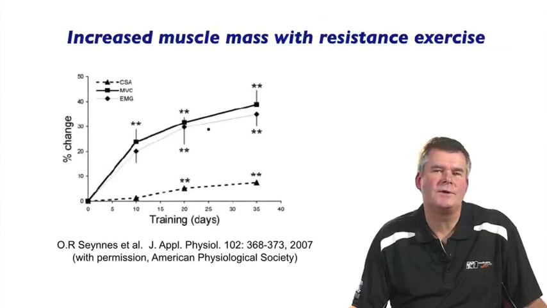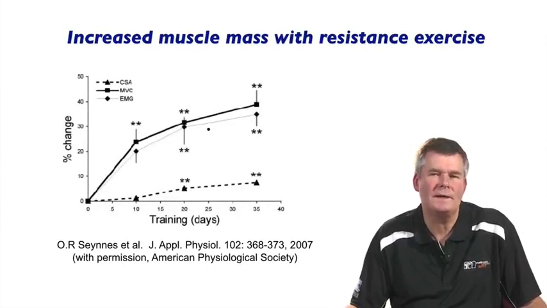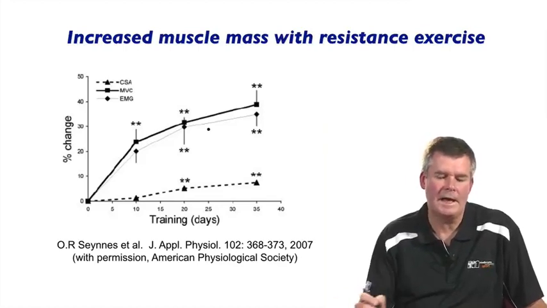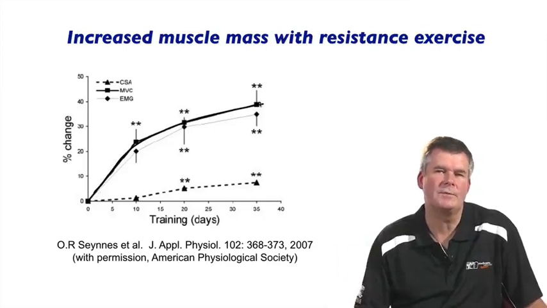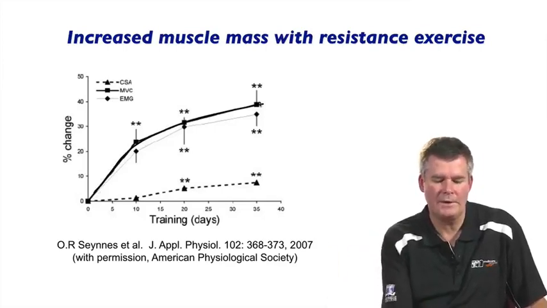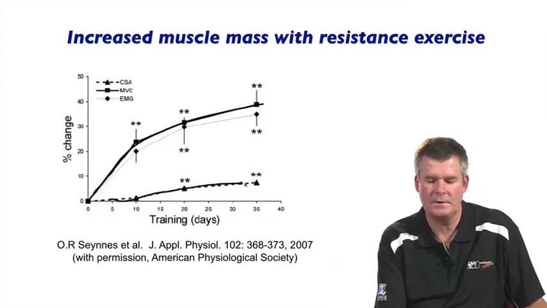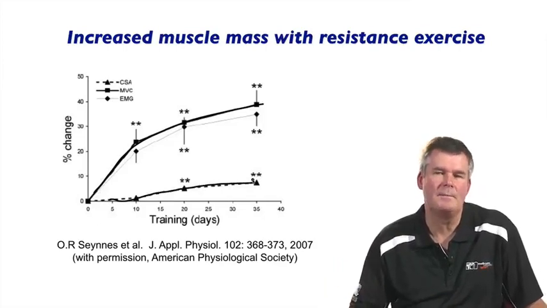The other important adaptation that can occur in muscle is an increase in its size. One of the hallmark adaptations to prolonged resistance type exercise, weightlifting type exercise, is an increase in muscle mass. You can see in this slide, relatively short exercise period, quite a large increase in the maximal voluntary contraction, the force generating capacity of the muscle, with relatively modest changes in the muscle cross-sectional area, a marker of the size